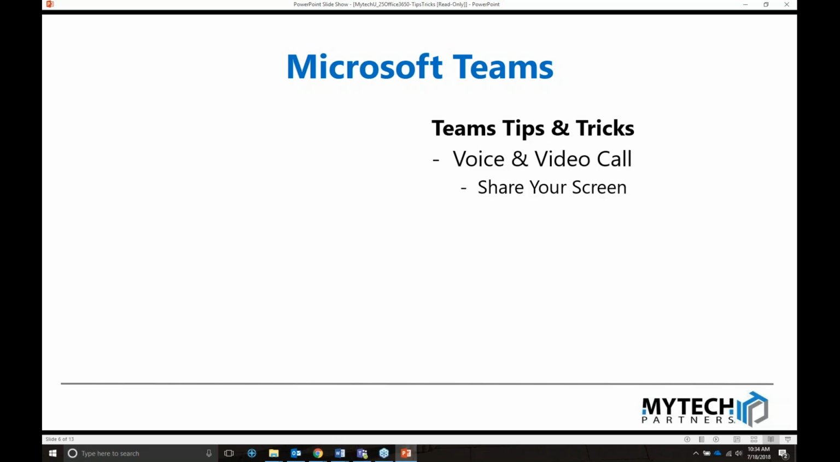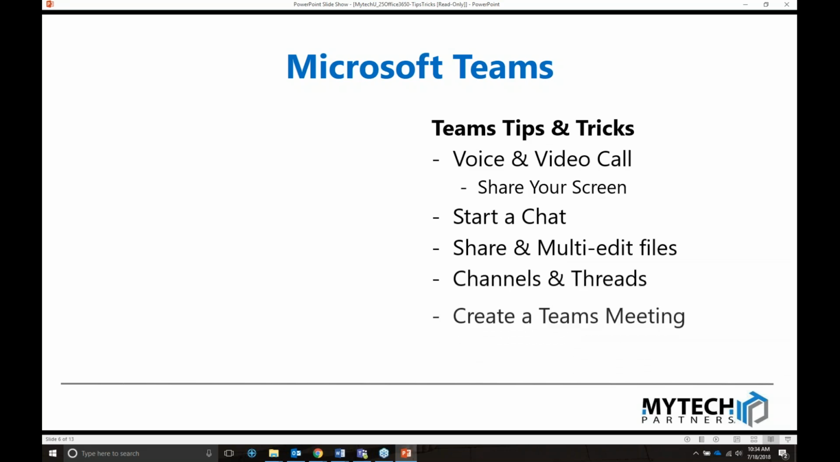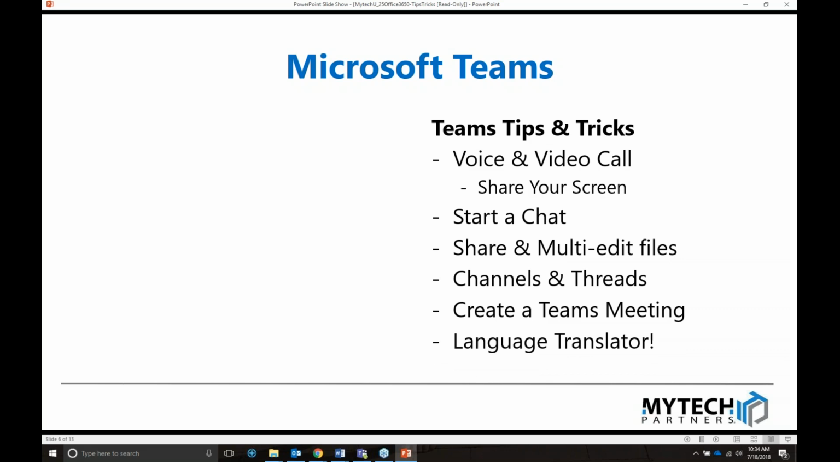So Teams is the newest version of the chat app in Microsoft World. You can do chat function from an IM or a conversation channel thread version. You can do voice and video calls. You can share your screen. You can also share and edit files, and you can create meetings straight from Teams. And then really handy if you work with anybody that's outside of the country and language may be a barrier,